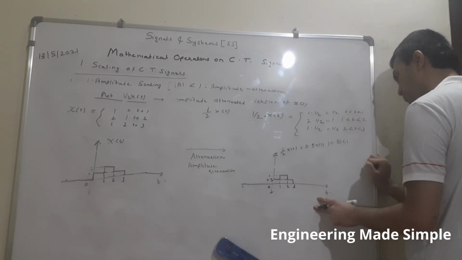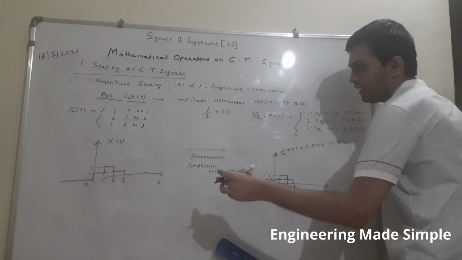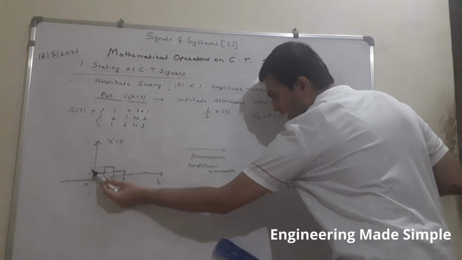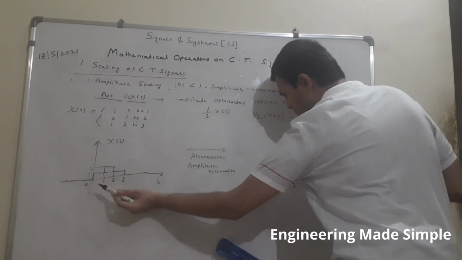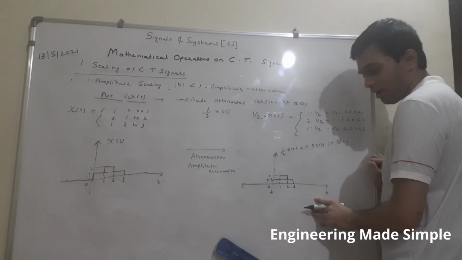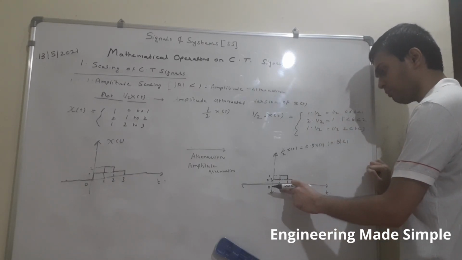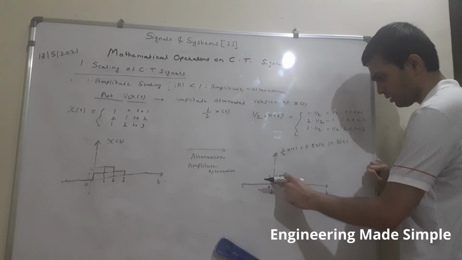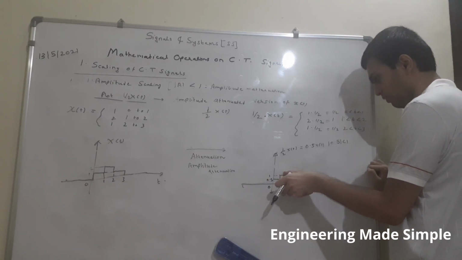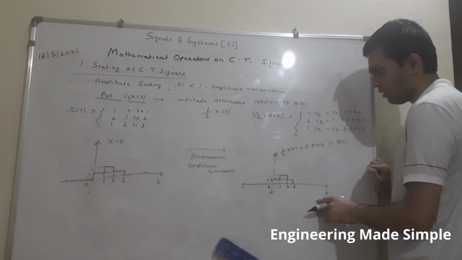So this is nothing but the amplitude attenuated version of the given signal x of t. From here you come to know that earlier the amplitude value was present at 1 and another at 2. But when I do amplitude attenuation, the signal is slightly shrunk, or reduced in amplitude. So you can see at time interval 1, earlier the value was 1, now it is 0.5. So we come to know that the signal is attenuated in terms of its amplitude, or its amplitude is scaled. So this is what is known as amplitude scaling.